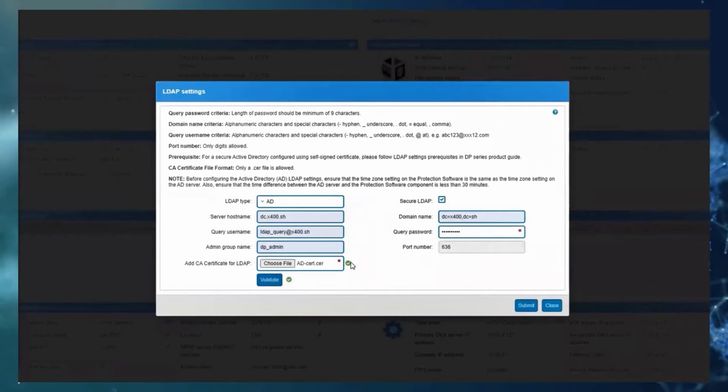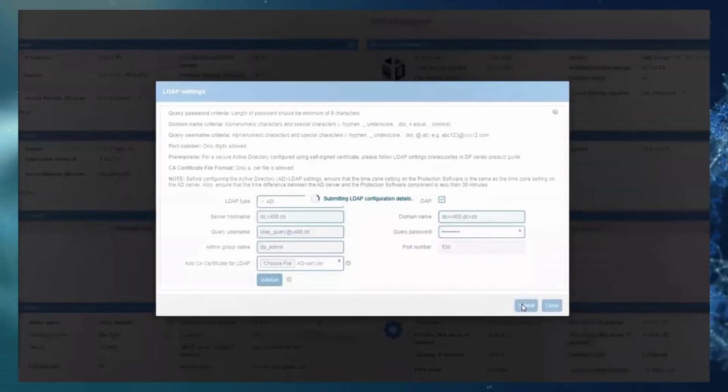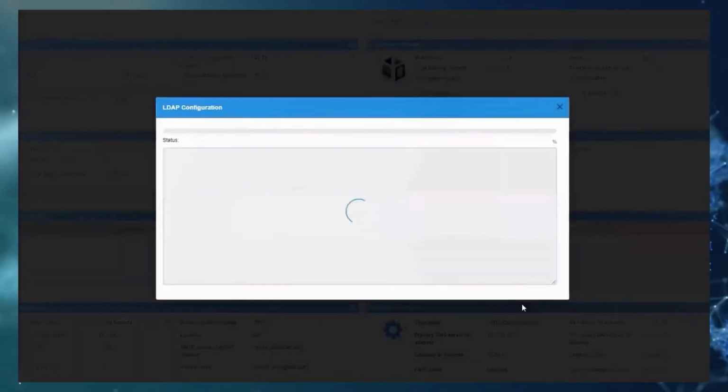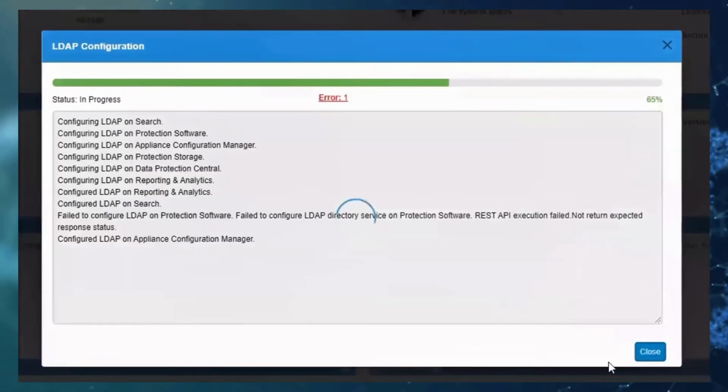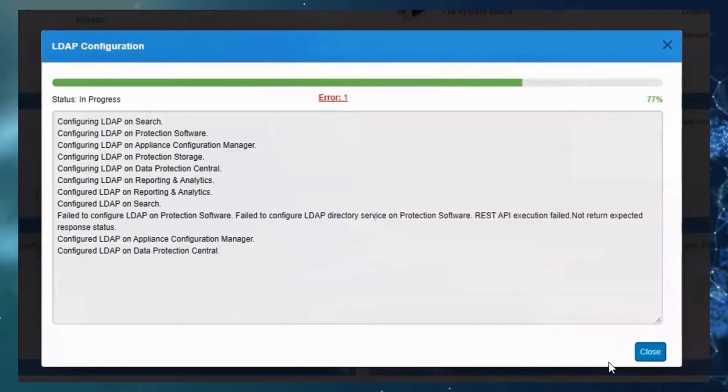And I got a green check mark. Don't worry about the red stars next to these two. You have a submit button. So at this point in time, I'm going to submit this so the workflow can begin, the workflow we've already discussed and run through. I'm getting an error, and I'll discuss that with you here in just a minute. We'll let it run through the rest of the workflow and get everything configured for us.